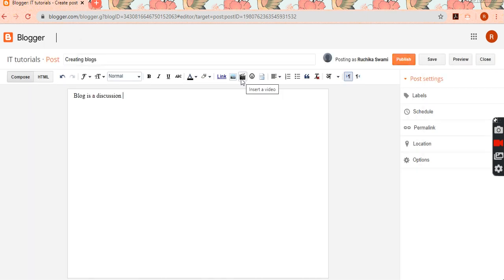You can add videos also. You can add emojis and special characters too, and there are a variety of options available for whatever kind of formatting you want for your text or whatever you want to share. You want to share a link, a video, an audio, a picture, you can explore these links, right?